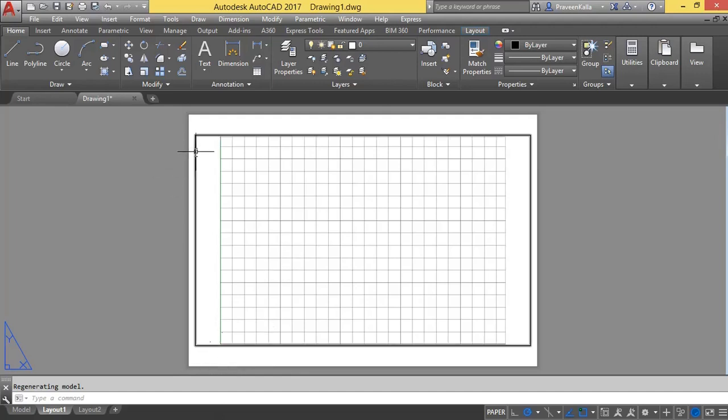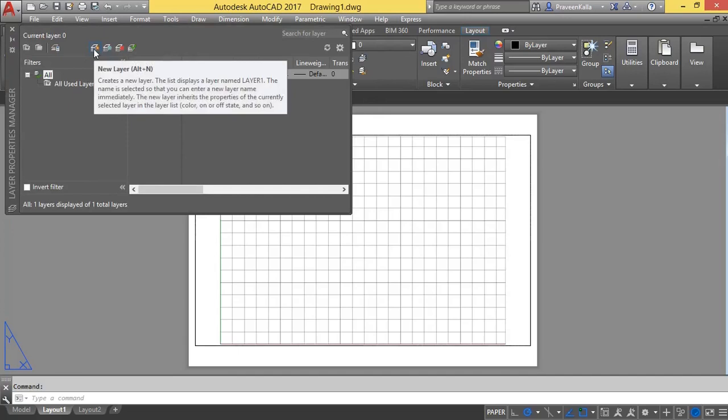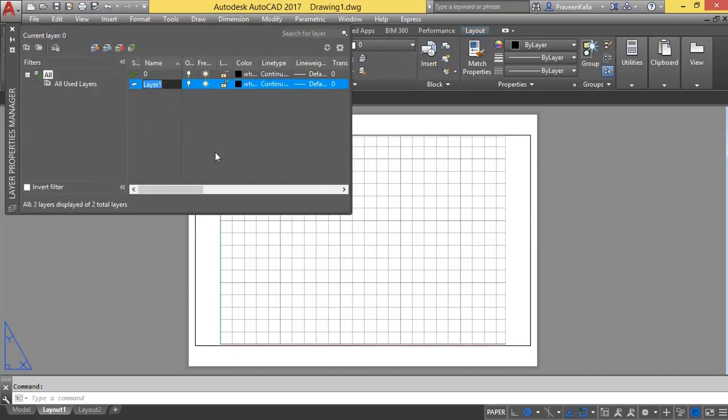As you can see, after putting the connection, again the default border has appeared. There is no specific way to delete this default border, but we can use the layers concept to hide it. I am creating a new layer, and I'll name this layer dummy.